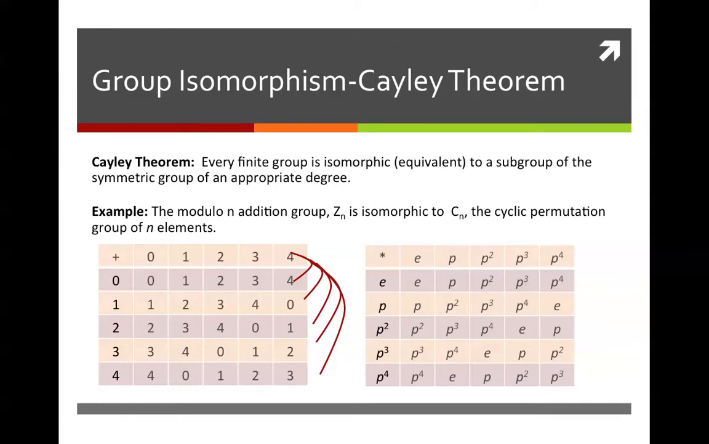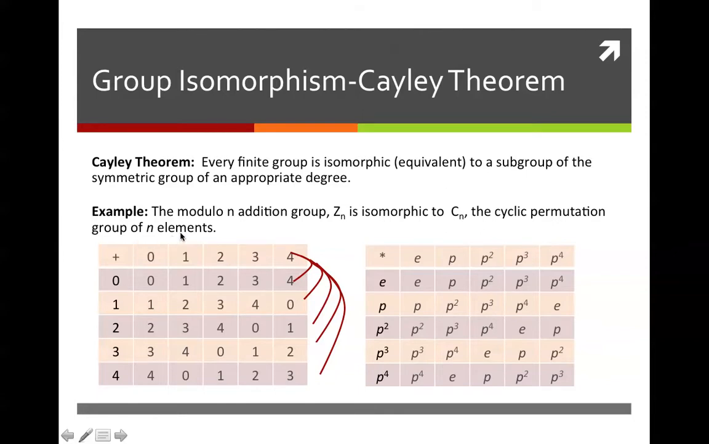But basically what it says is every finite group is isomorphic, that is to say equivalent, to a subgroup of the symmetric group of an appropriate degree. The degree is something that you have to fix, but here's an example. The modulo n addition group, which is denoted as Zn, is isomorphic to Cn, which is the cyclic group of permutations